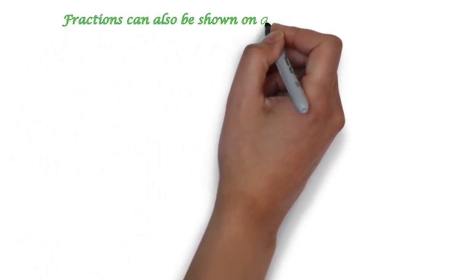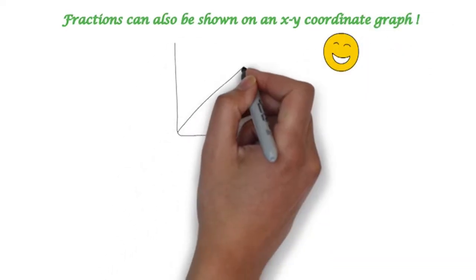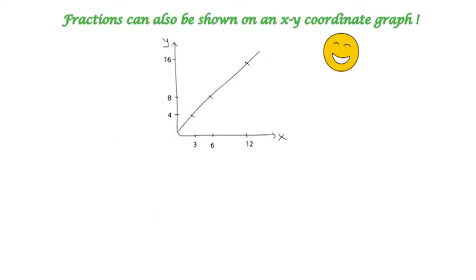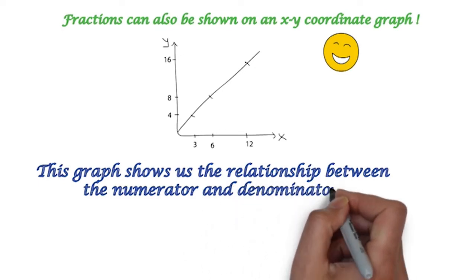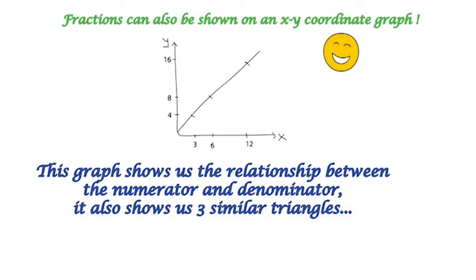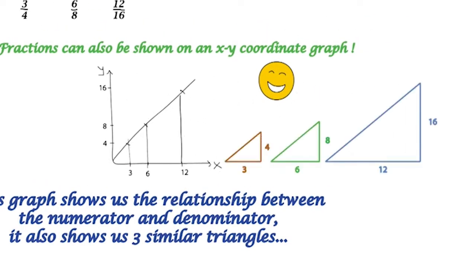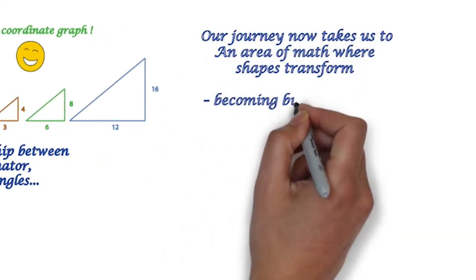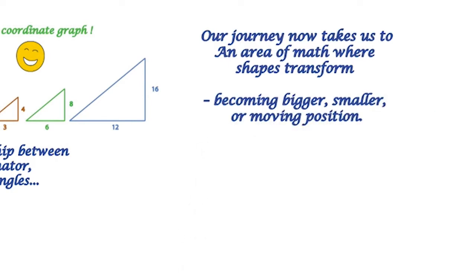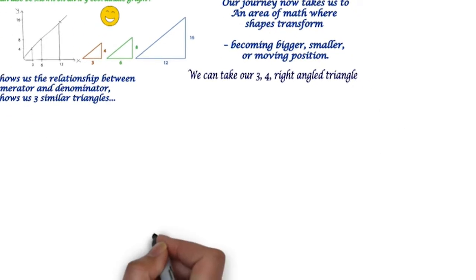Fractions can also be shown on an xy coordinate graph. This graph shows us the relationship between the numerator and denominator. It also shows us three similar triangles, as you can see. Our journey now takes us to an area of math where shapes transform, where they become bigger, smaller, or when they move position. So we can take our 3, 4 right-angled triangle, which we'll draw again here,